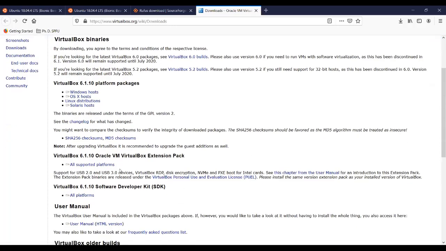Then you need to also download all supported platforms extension pack. In this way, you can download Oracle VirtualBox as well as all supported platforms extension pack.